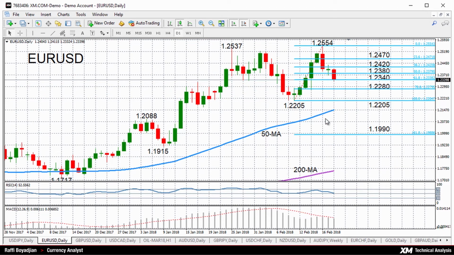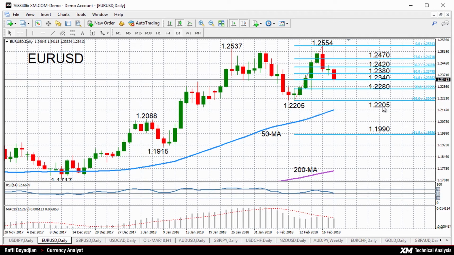Moving now on to euro dollar, the pair is seeing some downside momentum, so the near-term bias is fairly bearish. We can see RSI has been trending lower, and it's currently just at the 50 neutral level. Immediate support is coming from the 61.8% Fibonacci retracement of the up leg from 1.2205 to 1.2554. A drop below that level would deepen the bearish bias, sending it towards the 78.6% Fibonacci retracement at 1.2280,